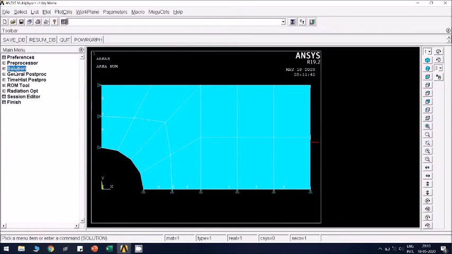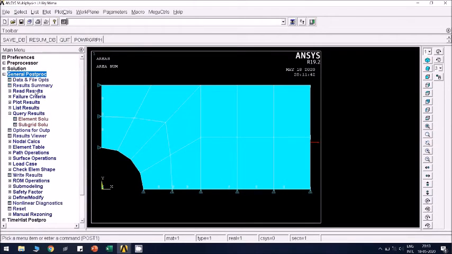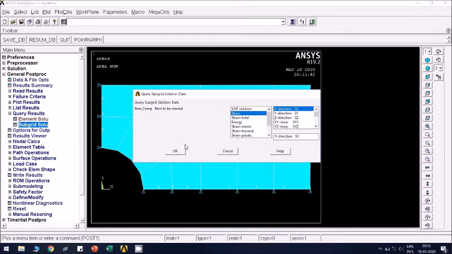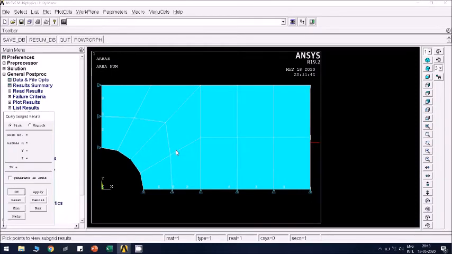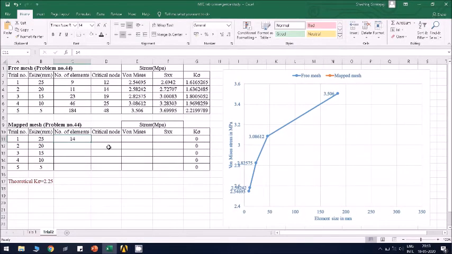Solution is done. Go to general post processor. You can see all the other results, but go to subgrid solution. I am interested in the Sx and von Mises stress values at the critical location. So go to stress Sx, click OK. At this node number is 21, value is so much. We'll record that node number is 21, critical node number is 21,